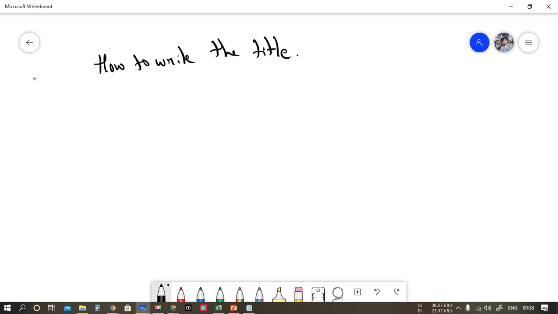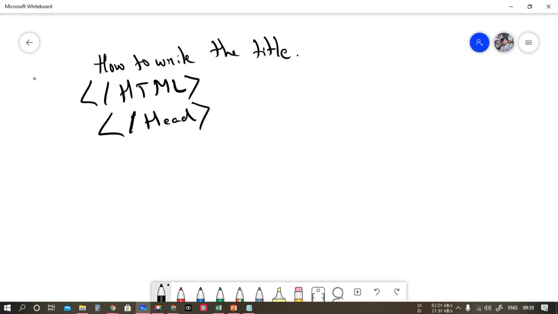So basically what is happening here, how to write the title. For now you don't have to write everything like backslash HTML, then backslash head, and then giving title. Okay, you don't have to write like this.